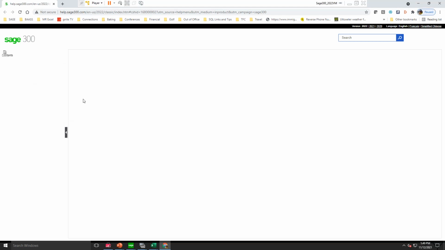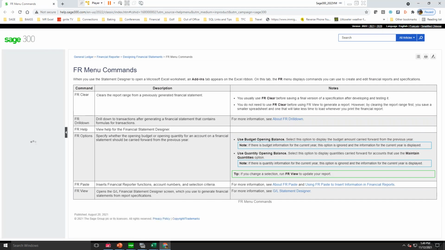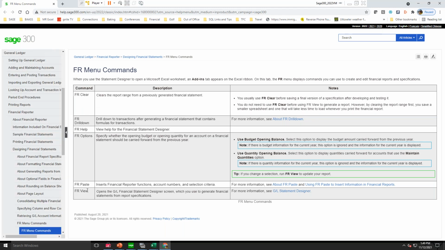And this particular help screen is going to go to Financial Reporter. And then it's got some menu commands: FR clear, drill down, paste. It tells you a few things about what makes these things up and what you can do with them. Again, I'm not going to spend a lot of time on here right now because we just don't have the